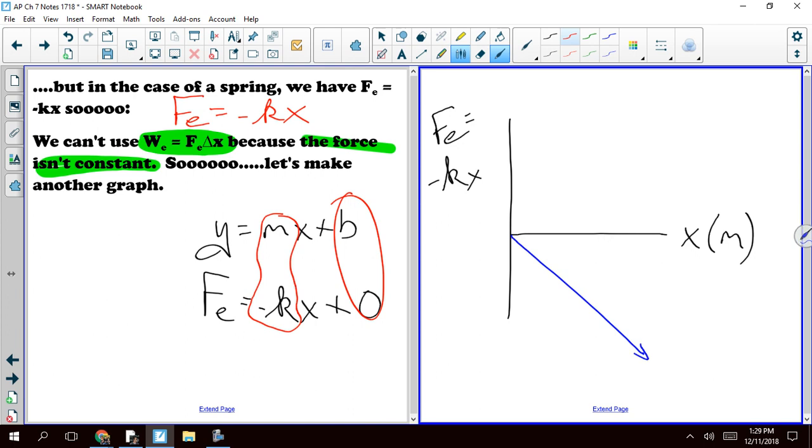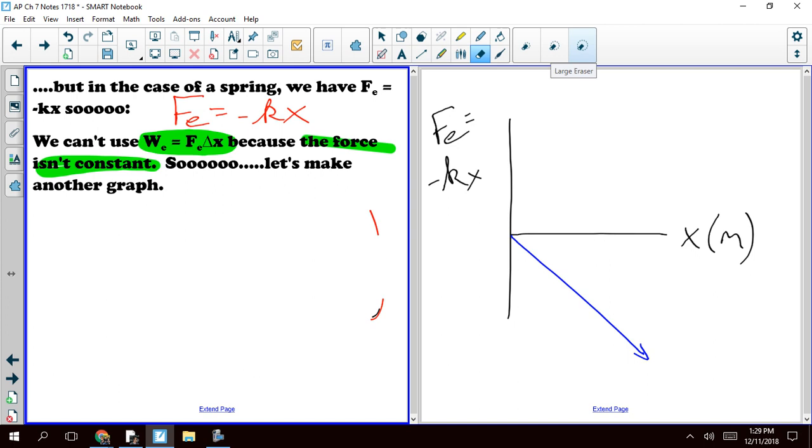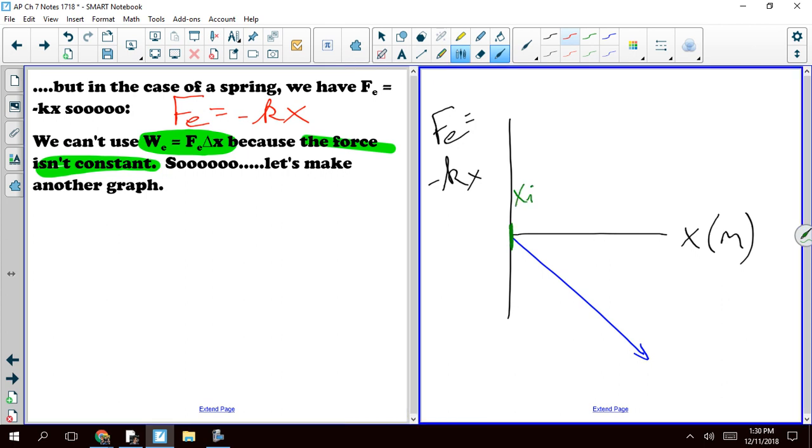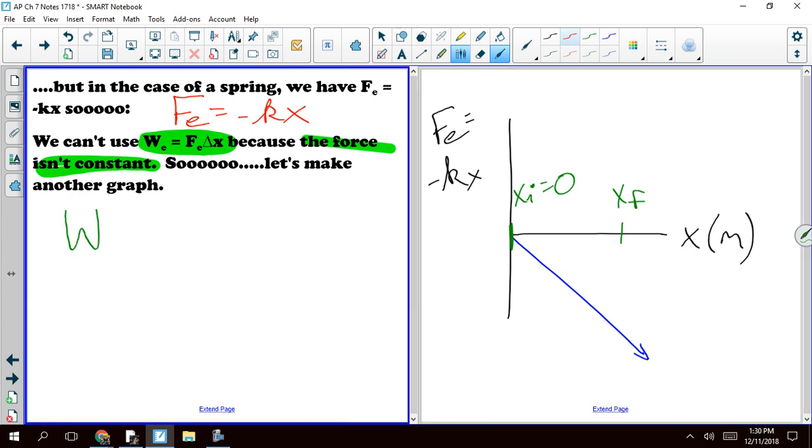Okay? So let's calculate the area under the curve and see what happens. Let's assume, for simplicity, that our initial position is 0, and then we're going to some final position. Based on what we learned a minute ago, the work done by our elastic thing, by our spring, should be the area under